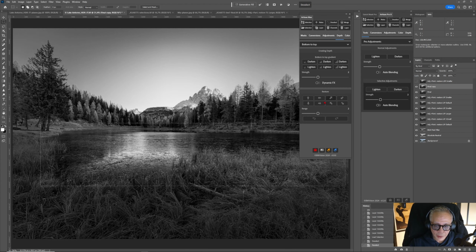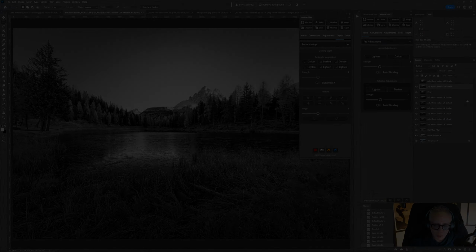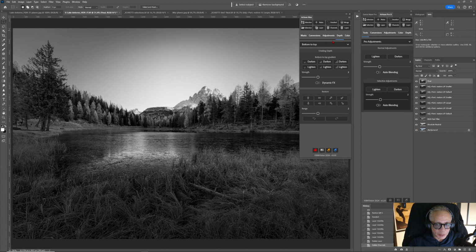So I go to depth and do a restore from bottom up, top down, right to left, left to right. And now it's there. So this is before, after, before, after. Okay, I always prefer to use the Pro adjustments with the auto blending off, with the rectangular marquee tool, and then do restore. And I favor that to the one with the auto blending on, while I do random lasso tool selection. Those were the Pro adjustments, which is my favorite feature in the panel, and I always use that